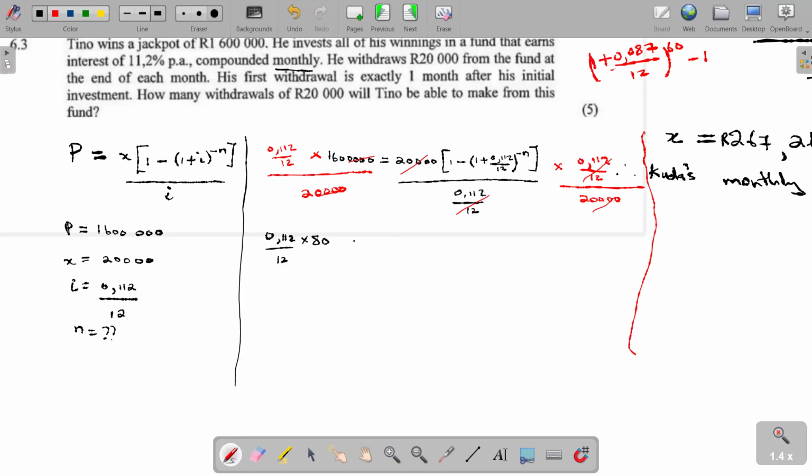But this must be equal to 1 minus, it's 1 plus 0.112 over 12 to the power negative n. This negative we now want to solve, so we are going to transpose that bracket. When you take it there, it becomes positive. Then we take this part to this side. If we do that, we are going to be left with